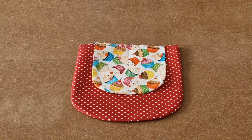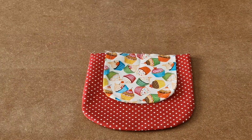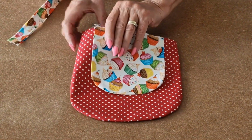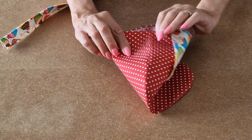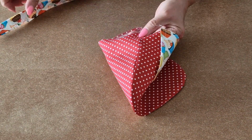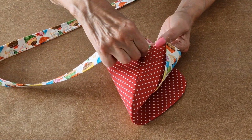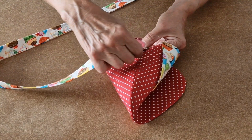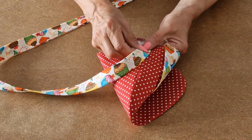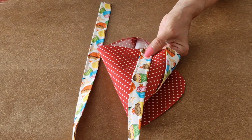I've turned the bag the right way out and I've pressed it, and we're now going to attach the strap. To add the strap, open your bag up and using the seam, take your strap and place it centre. You could measure it or eyeball it as I'm doing, and make sure that your strap is facing down and